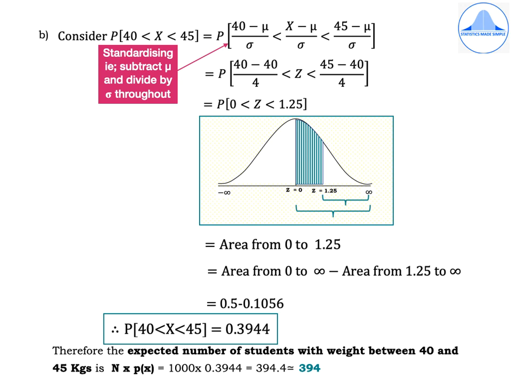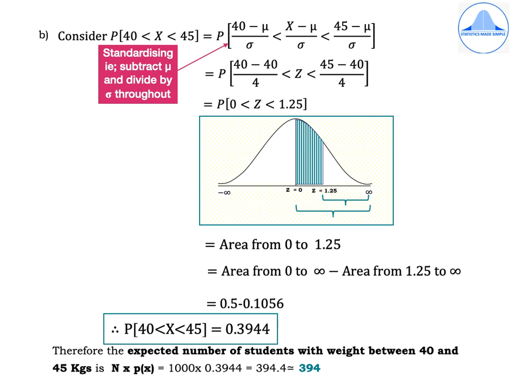Now from 0 to infinity, draw a big flower bracket, and from 1.25 to infinity, draw another smaller flower bracket. Now the shaded area is nothing but the larger flower bracket area minus the smaller flower bracket area, which is equal to area from 0 to infinity minus area from 1.25 to infinity. You know that the area from 0 to infinity is 0.5 minus 0.1056. So you will get probability of 40 less than x less than 45 is